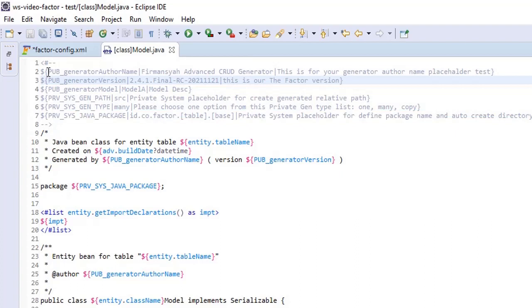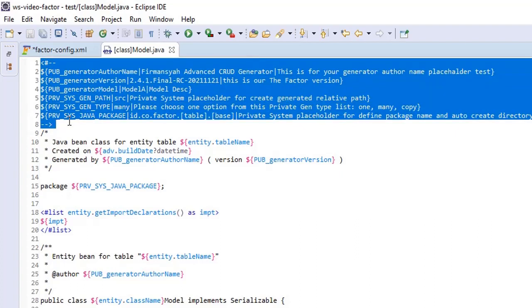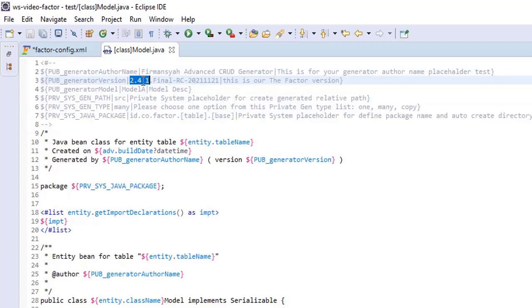So in this part we can define the public and the private attributes. We can define the default value.